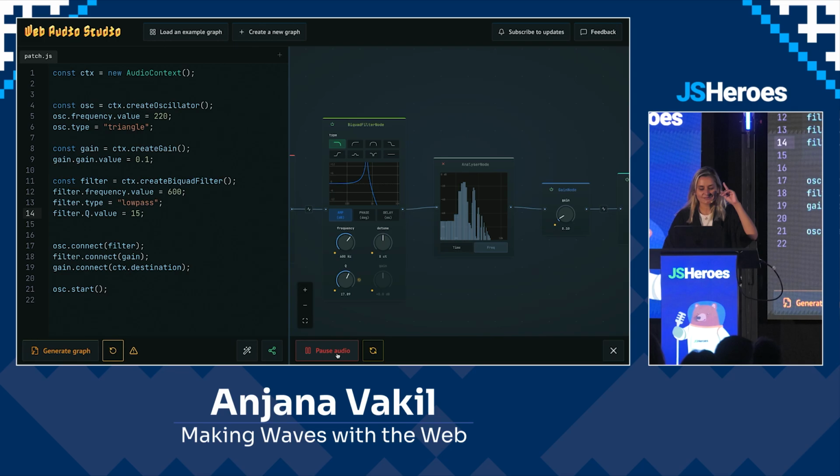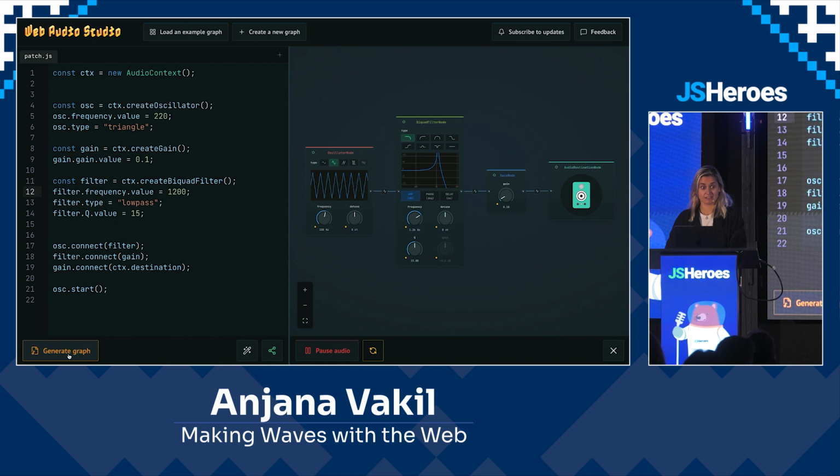So, now, what happens if we change the cutoff frequency of the filter? Let's see if you can hear it if I turn this up to like 1200. Now we hear a different higher overtone, essentially.